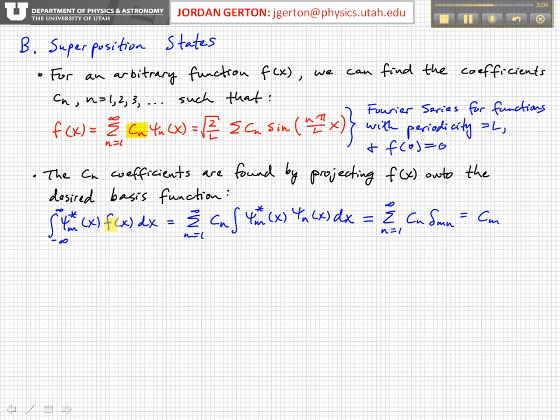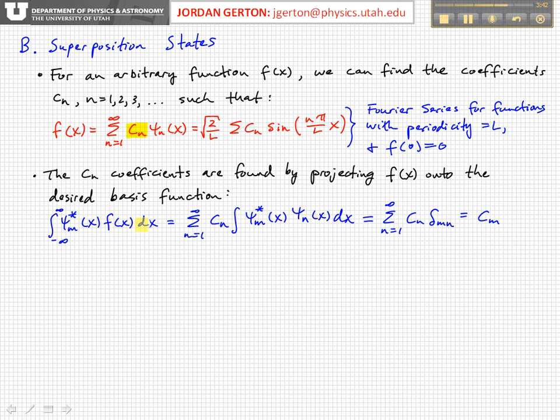So you have this arbitrary function f of x. It's a wave function. It's a superposition state wave function. You multiply it by the complex conjugate of the basis state that you want to find the coefficient for. Okay, so you want to find the coefficient c sub m. So you multiply your arbitrary function by the complex conjugate of that basis state psi sub m. You integrate this from minus infinity to infinity. Okay, and if you do that, then if we write this out explicitly,